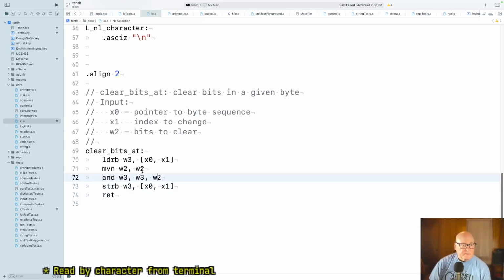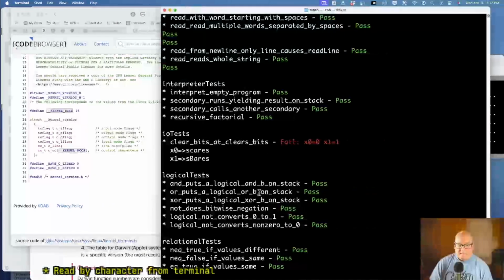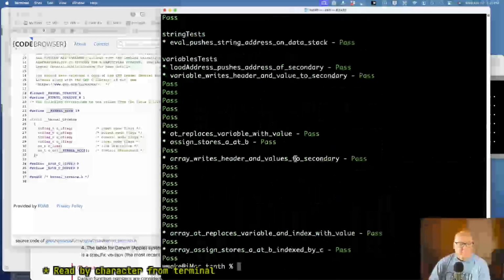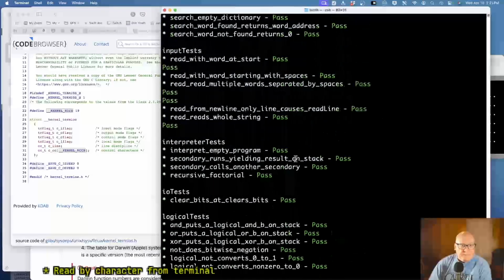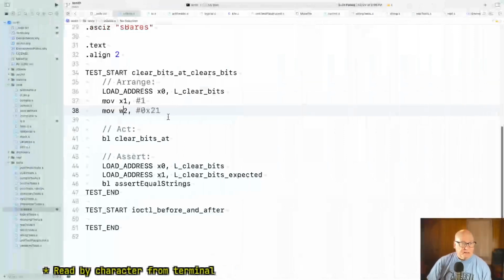And let's fix the test to that too. W2. Okay. Well, I didn't see any red. Okay, there it is. All right. Now, I think that sort of tests that we didn't muck up the other bits because otherwise the letter would be all wrong. Okay. But I think the test can maybe,